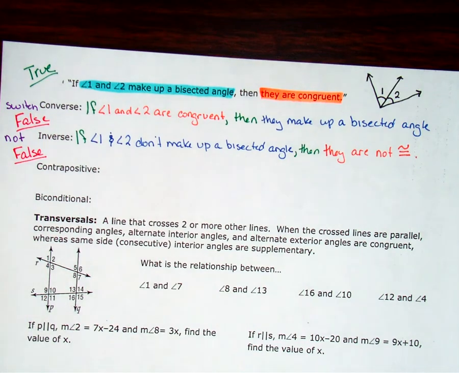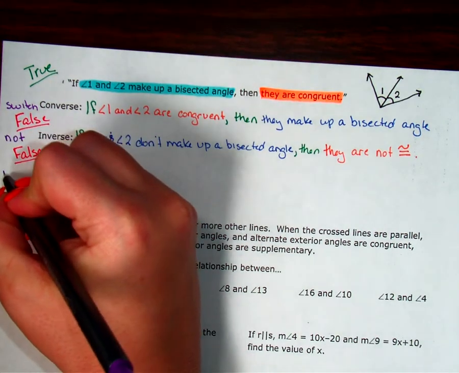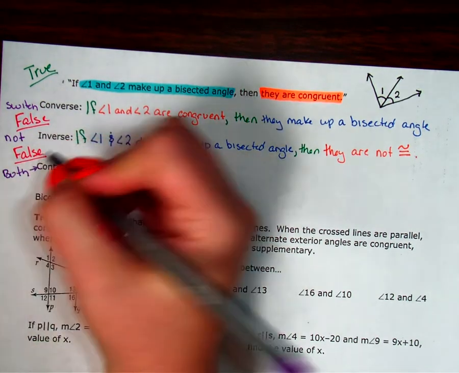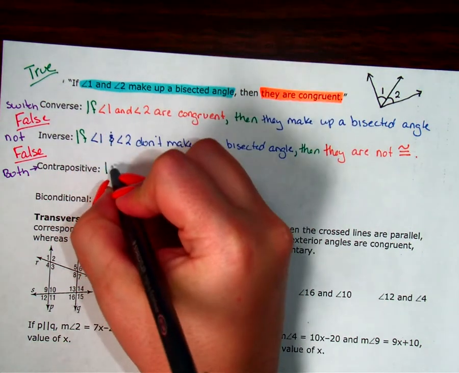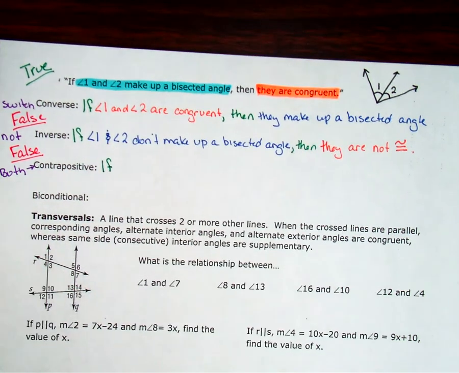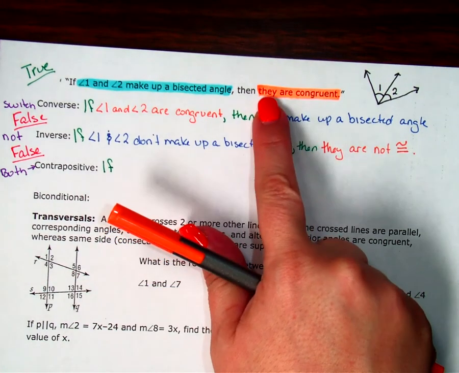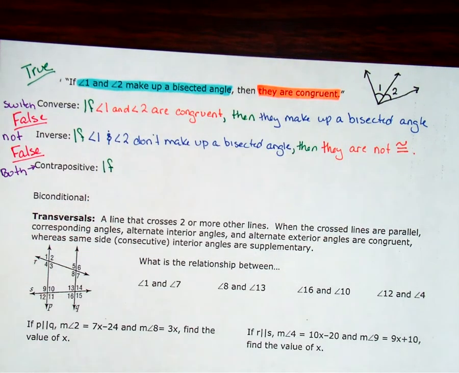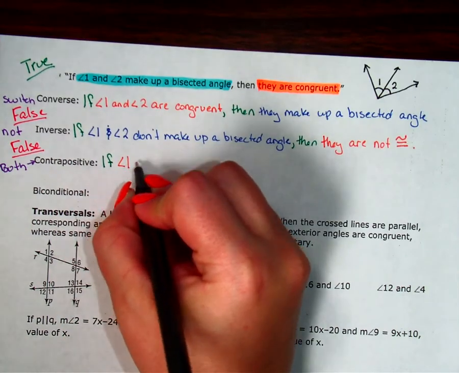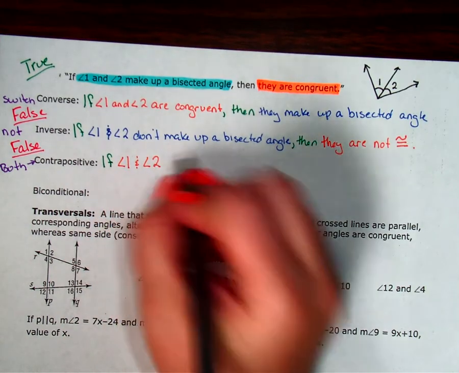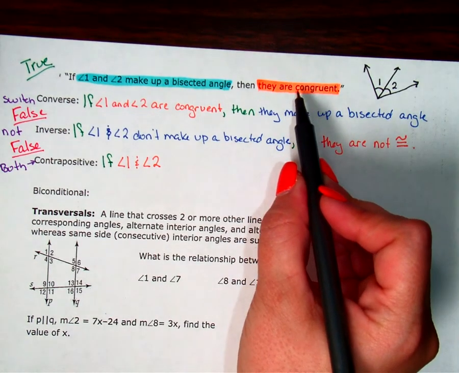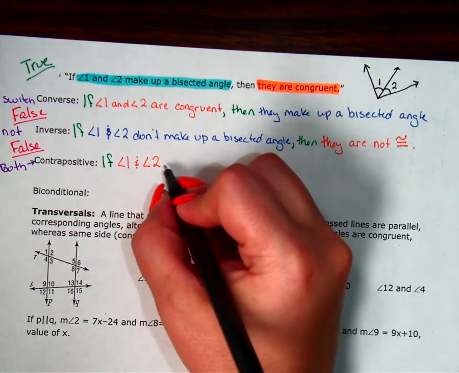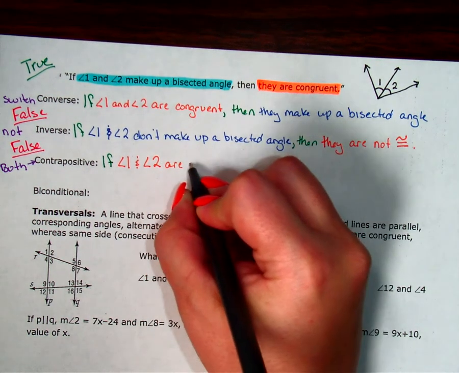My contrapositive, the key word here is both for contrapositive. Okay, so that means I'm going to switch it and I'm going to negate it. So I'm going to start with if, and then I'm going to switch. So I'm going to start over here with my orange, but remember we can't start with they. I still have to start with my angles, angle 1 and angle 2. Okay, if they are, now we want to negate it because we're going to switch it and we're going to negate it. So if they are not congruent, if angle 1 and angle 2 are not congruent,